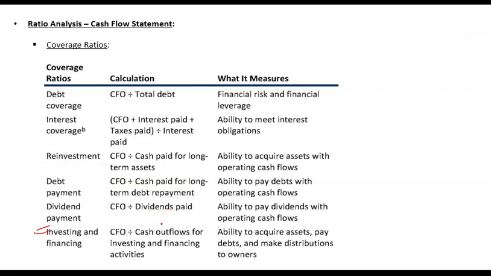Investing and financing, that is CFO divided by cash flow for investing and financing activity. It again tells you about your ability to make investments and also the ability to pay off your liabilities or return cash to the shareholders. So you take both the outflows for investment as well as financing, you add them and you divide them by cash flow from operations. So all these ratios help you analyze whether you have enough cash available to meet your needs or requirements, to make expansion or investments, or to pay off obligations or not. Again, how do you analyze these ratios?